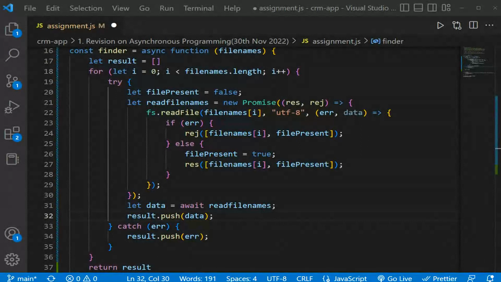Sir, file name should come in place of file names.